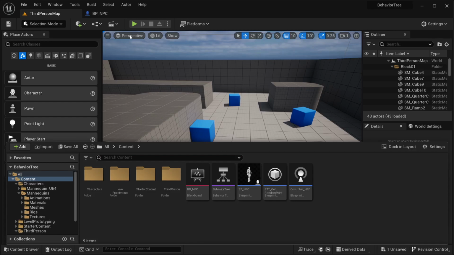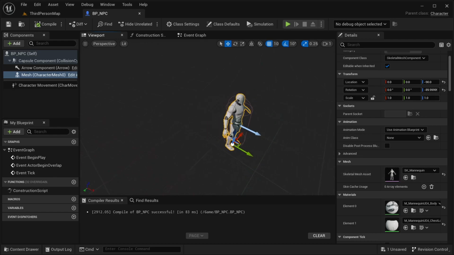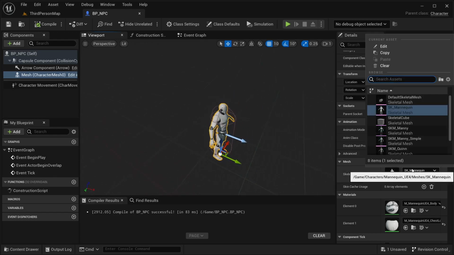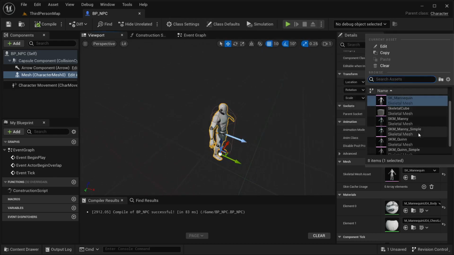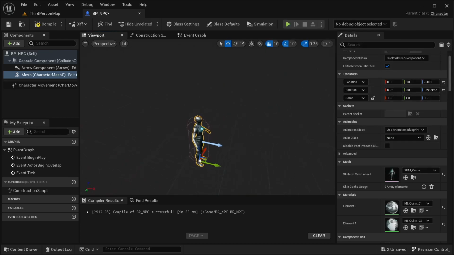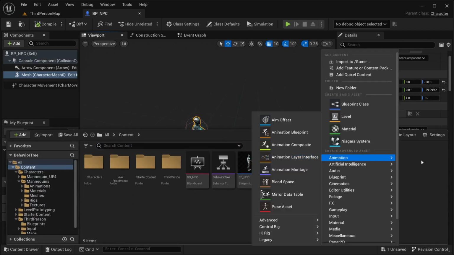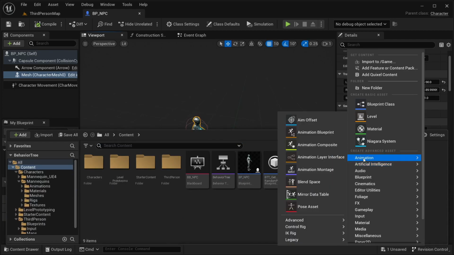Right here, first thing that you should do is that when I was making that tutorial, I was not considering the skeleton mesh, so I have placed the first one that showed to me. But now I'm going to be modifying this to the same one as our character because I have more animations using this one. So now compile it, save it,